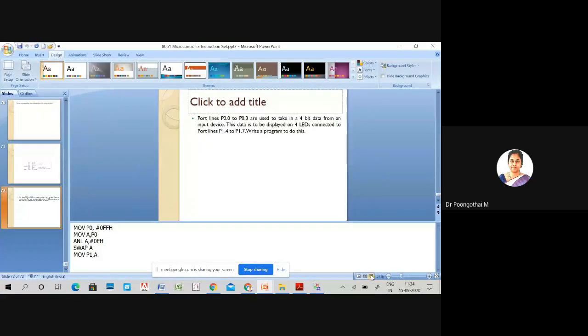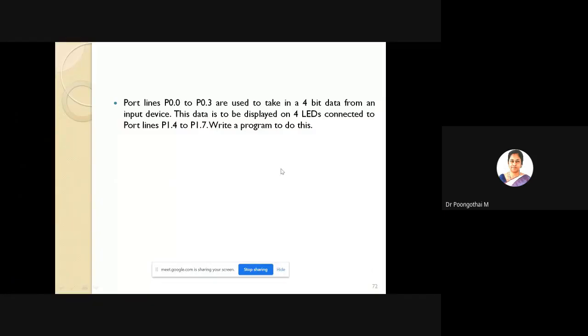So this is your second program. So 4 port lines has been used here. That is port 0.0 to 0.3. Okay. So this data is to be displayed on 4 LEDs.